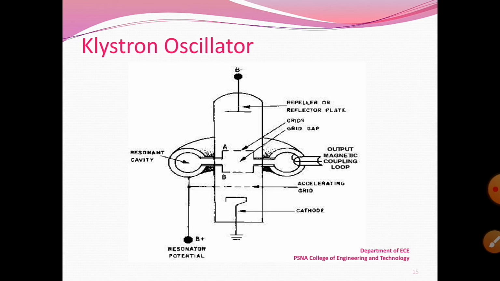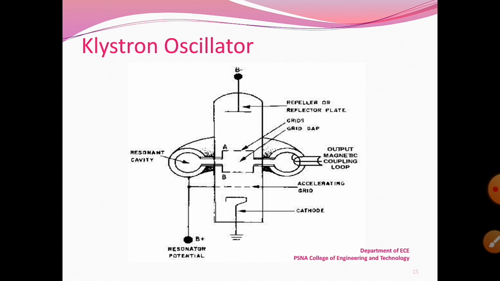The electron beam emitted from the cathode is accelerated by the grid G and passes through the cavity anode to the repeller space between the cavity anode and the repeller electrode. The feedback required to maintain the oscillations within the cavity is obtained by reversing the electron beam emitted from the cathode towards the repeller electrode and sending it back through the cavity. The electrons in the beam are velocity modulated before the beam passes through the cavity a second time and will give up the energy to the cavity to maintain the oscillations.